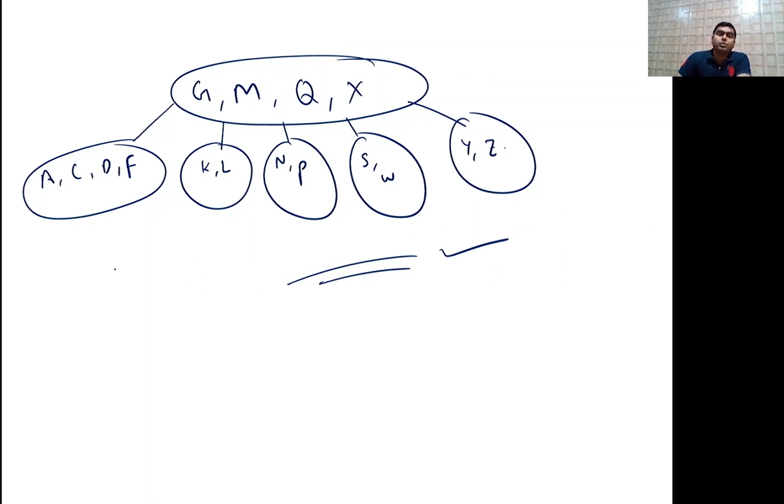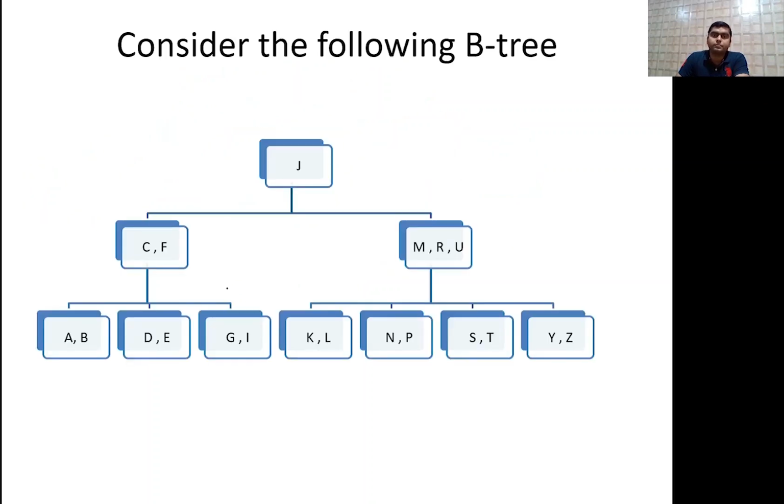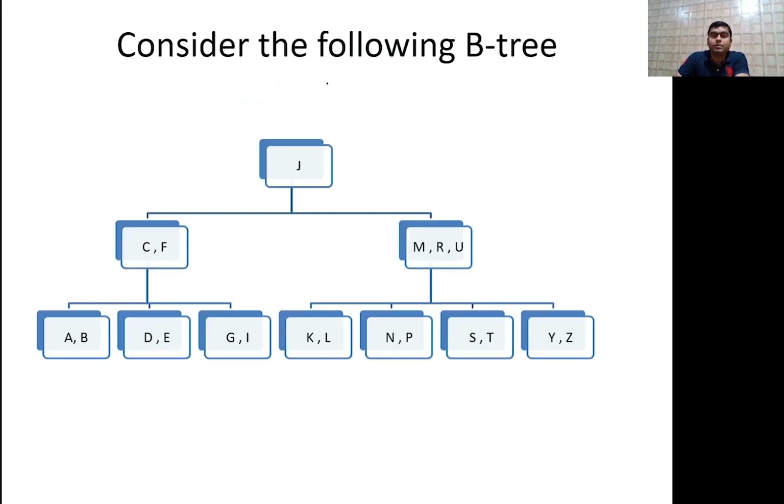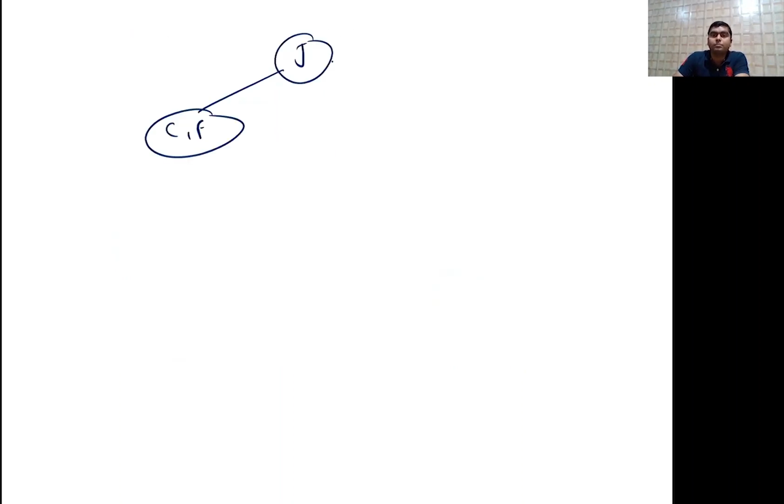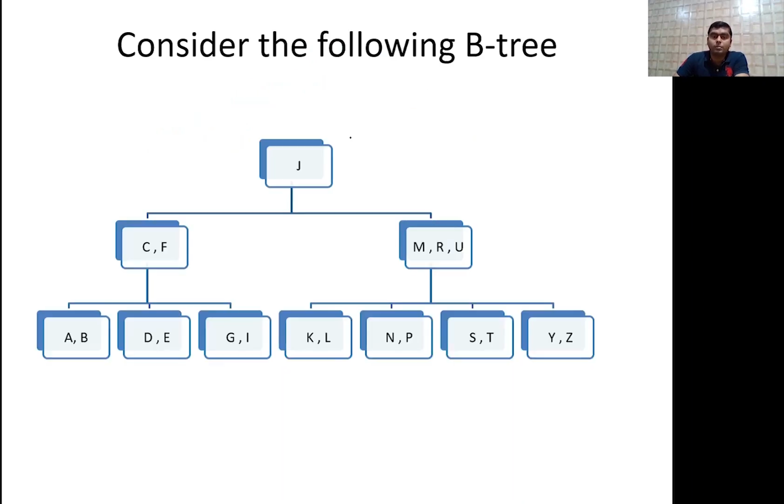Okay, so I hope that this is clear to you. So this is also very simple stuff. Now consider this. This is again a tree given, so let me draw it once more. So J, C, F: J, left is C and F, and right is M, R, U. And left is A, B, D, E, G, I,